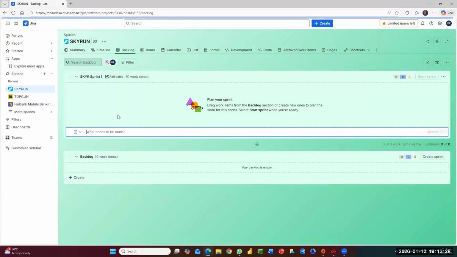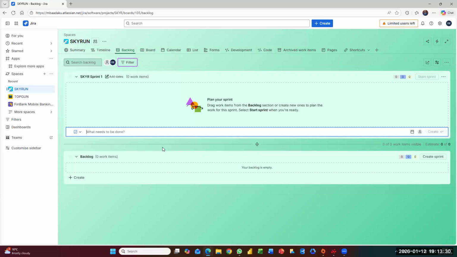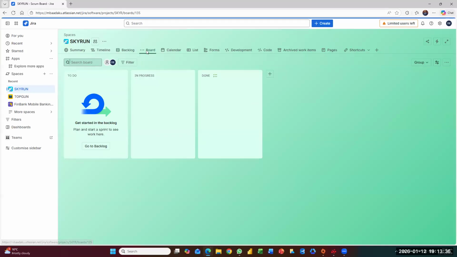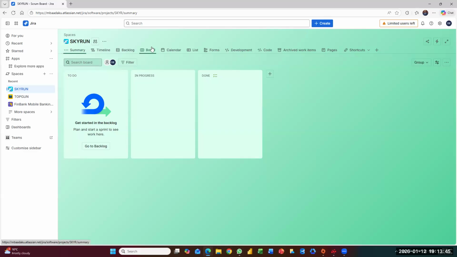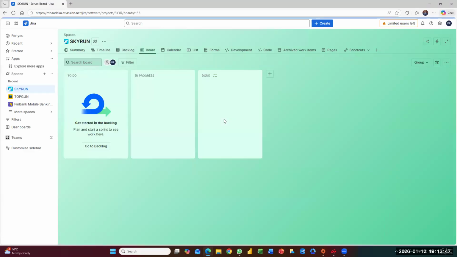Backlog is where you're going to groom your backlog, where you're going to move tickets depending on what tickets you're working on for that sprint. Your board is where you're going to keep track of your work items, what's in to do, what's in progress, what's in done. We can also see that in summary, but the board gives you a clearer view. So you see the status of each ticket and who is